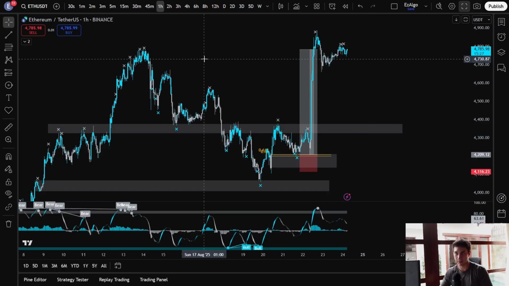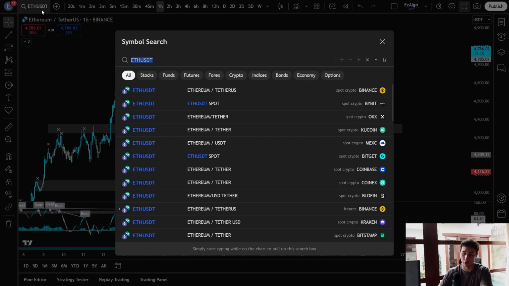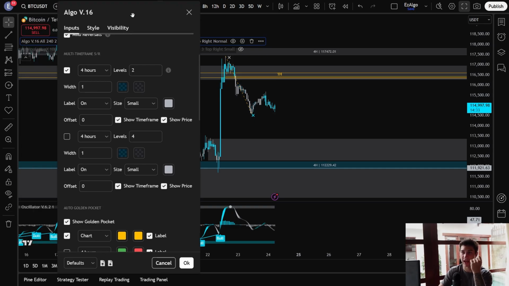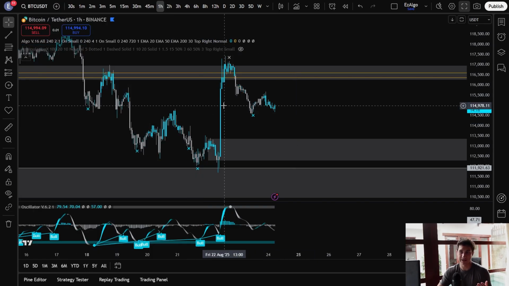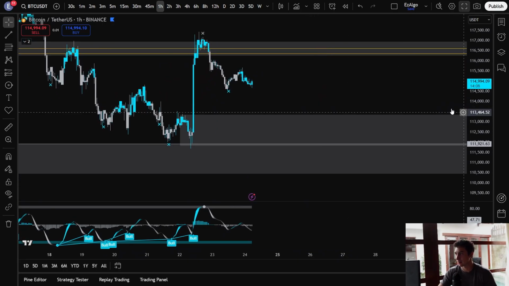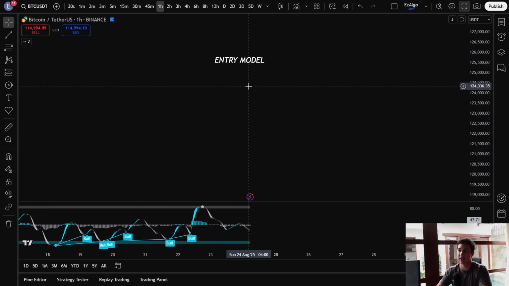So again, it will take you a little bit of time in finding these areas of interest, getting used to drawing levels with price history, learning how to identify these higher time frame order blocks, etc. If you guys are brand new and don't know where to start, my best recommendation would be to get access to our indicators, but it's pretty easy. It's not that complicated. It doesn't take long to learn. So going back to Bitcoin, here are my current points of interest,